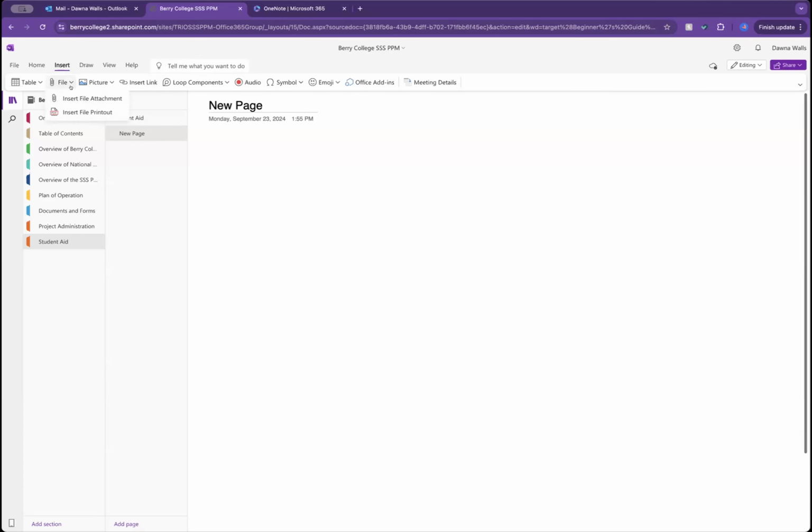Oh yeah, you can insert as a printout, so it inserts the PDF, but when it says printout, it doesn't actually print out, but it shows you the picture of each page. So you can see both, so to speak. Right. But you can just do the file attachment, whatever makes you feel comfortable. There's audio too.